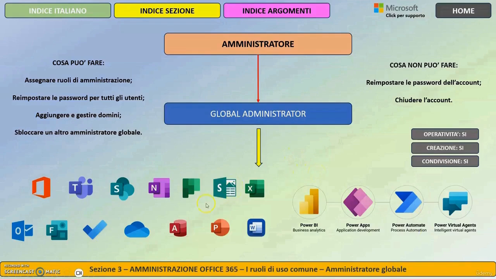So they can create a team in Teams, a site in SharePoint, a section in OneNote, a plan in Planner. Therefore, they can create, and by creating all these objects, they can operate. So, writing in Teams, organizing a meeting, creating a post in SharePoint, a web part in SharePoint, writing a note in OneNote, adding a task in Planner, creating a form in Forms, or a presentation